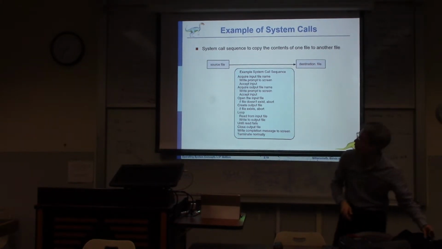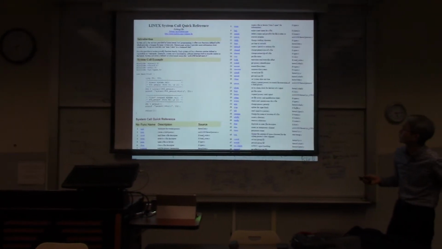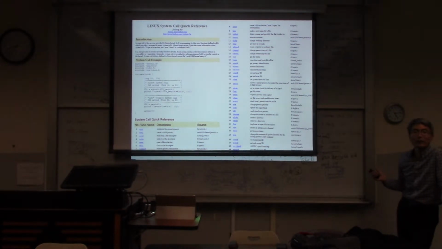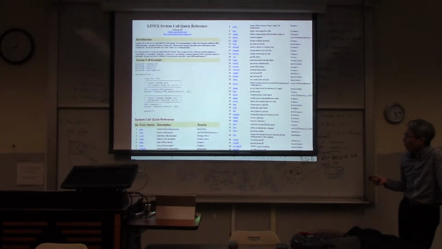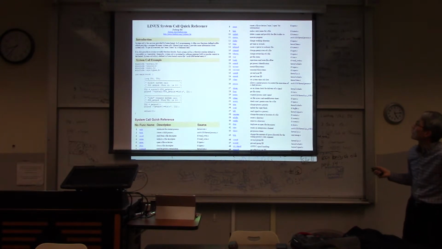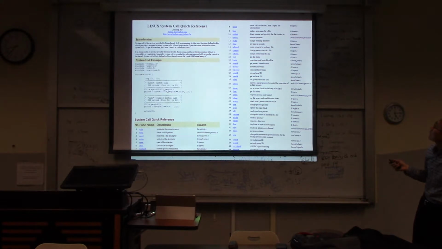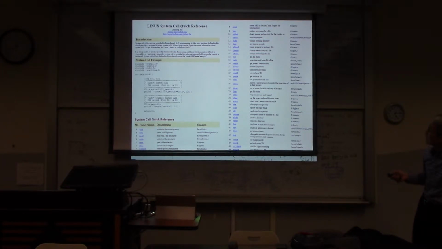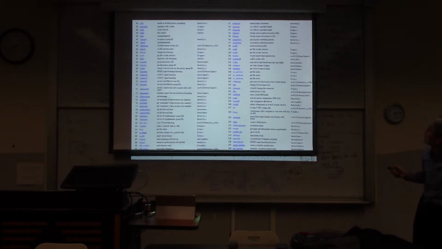That system library is provided by the operating system. For example, in this case, it's very hard to see, the ptrace. There is exit. There is read, open.